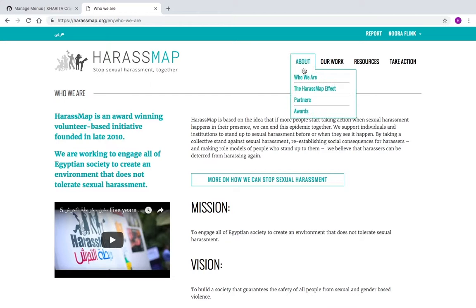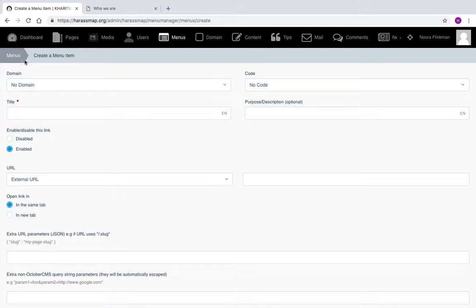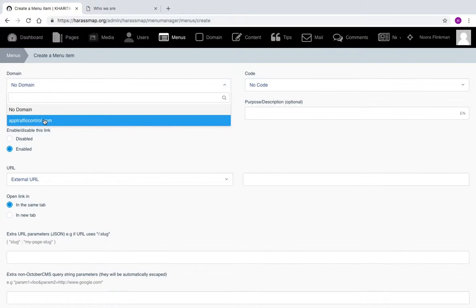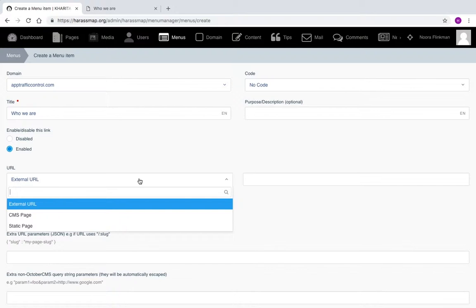So for example, if I want to create the menu options here under About, for example, Who We Are, I will click New Menu, choose my domain, no code. I will type in the title, Who We Are, and I will choose Enable this link because I want people to be able to click on the link or on the menu, and that will open up a new page for them. So when I enable this link, I will also choose what kind of page this will open up. So in this case,